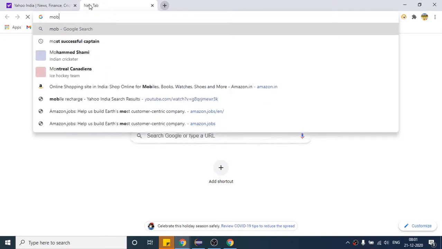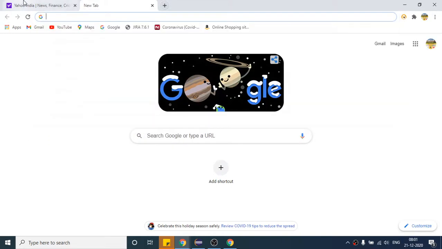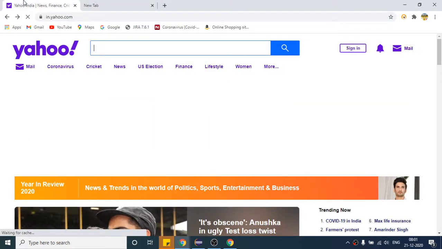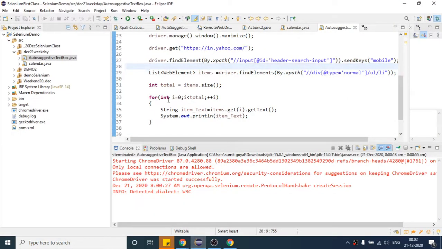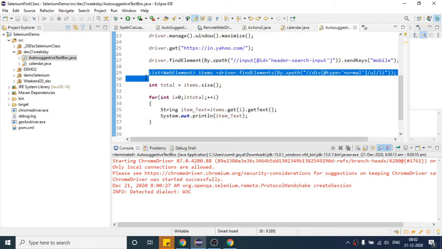So if I write mobile, okay, so if I just paste mobile, the list will take at least 1 second or some millisecond time to load. So what happens is that in that meantime this line executed, so it does not find any element. So this is the reason you are not seeing any element, right?